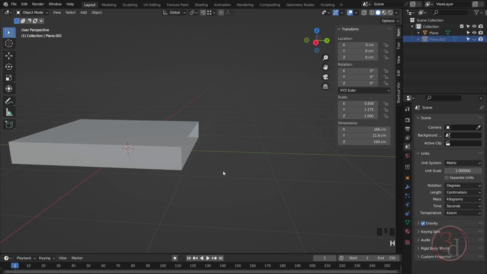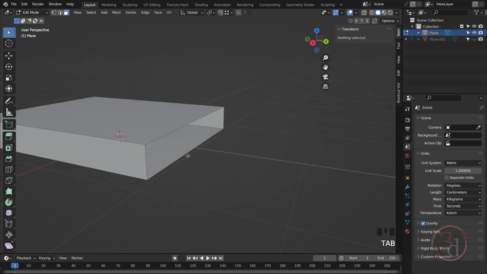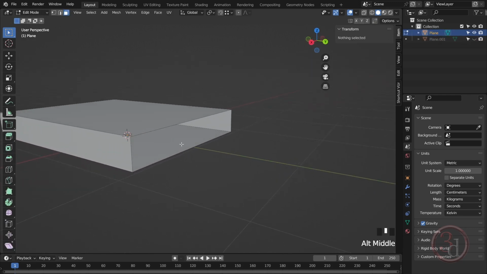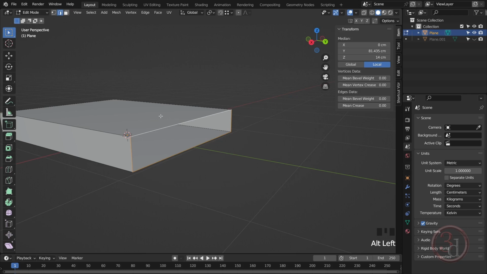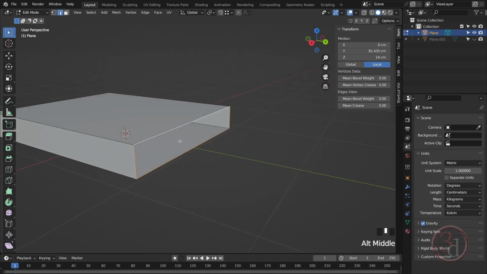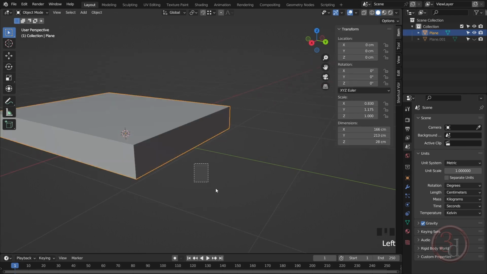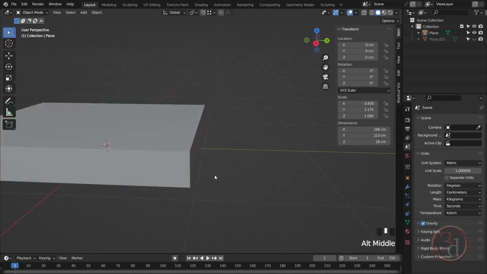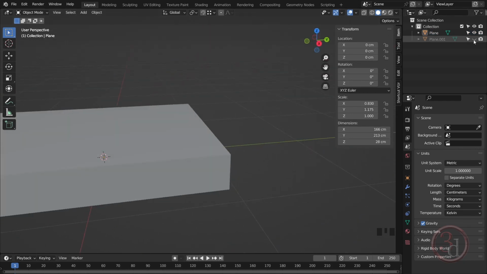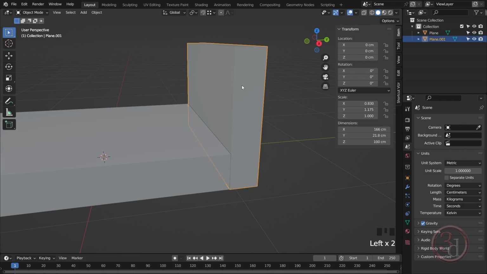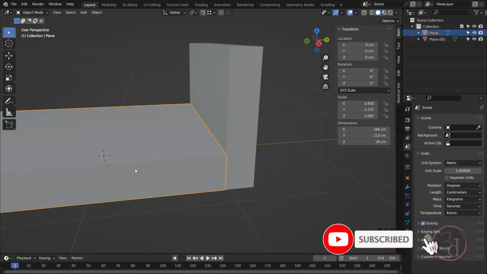Press H to hide, and I'll take this and close this off. I will switch to the edge selection, alt click, select the entire edge loop, and then press F to create a face. Okay, so this is fine, and I'll unhide the headboard, and I'll hide this one,